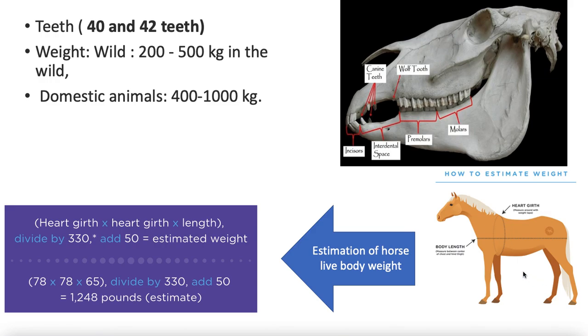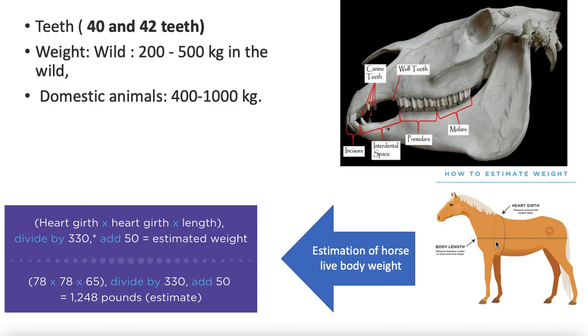These two measurements have been found to be significant and have more correlation with the live body weight. These are the body length, which can be measured just like this, and the heart girth,